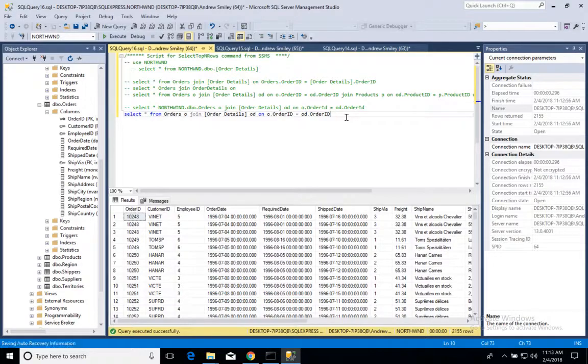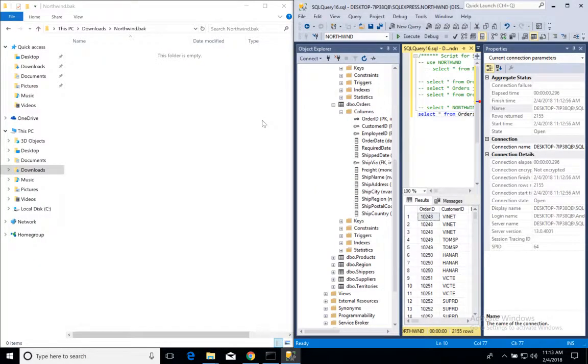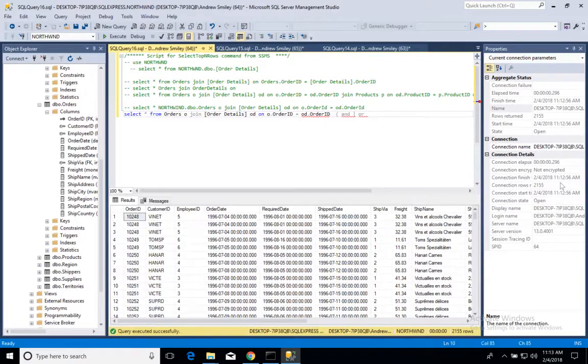Now, what I can do with a compound join is I can say after my on, I can say and, or. Let me wrap these in parens to make this a little easier. So I could say my standard join, and then I could say and